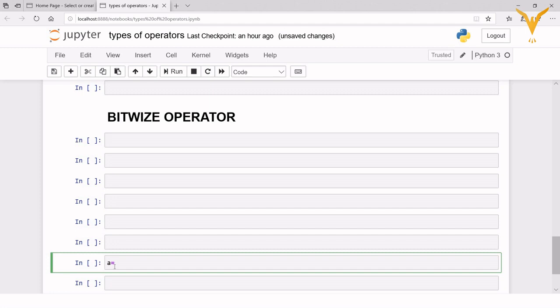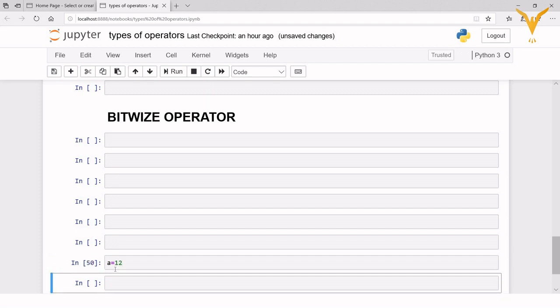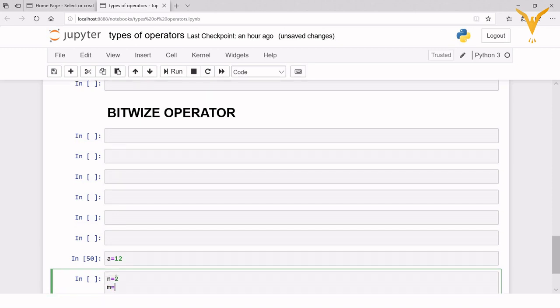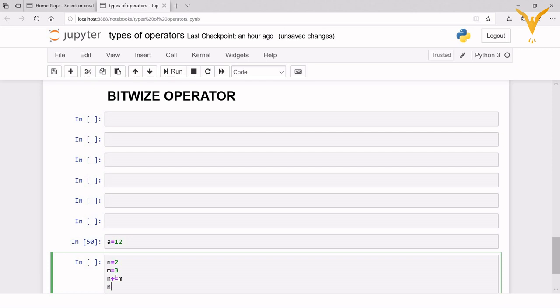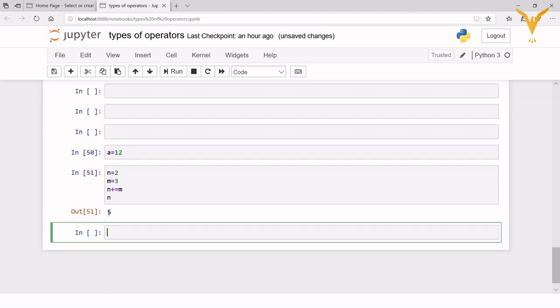Example for assignment operator. I assign here a equals 12. So this is my assignment operator. One more value I take, n equals 2 and m equals 3. Now I can write it as n plus equal to m and then display n. So this will give me 5.